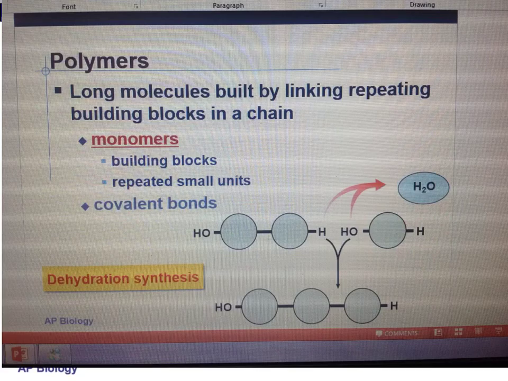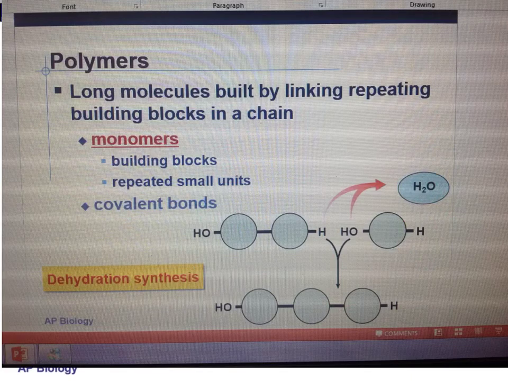Well, how do we make them? Through a process called dehydration synthesis. So synthesis means to make. Dehydrate means to dry out or to remove water. That's literally what you're doing. You are taking the water out of the equation. And when you remove the hydroxyl group over here and the hydroxide group over here, these two ends can now bond together because you've left some electrons there that are attracted to each other. Hence the formation of a bond. So dehydration synthesis or condensation is how we make polymers.